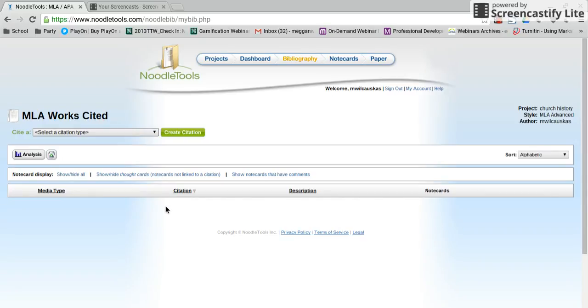All the way down here is musical score or libretto, which is like opera lyrics, if I remember correctly. If you are citing a performance or a concert, that's down here. But if you are just doing a musical score, you want to click right there, musical score or libretto, create citation,